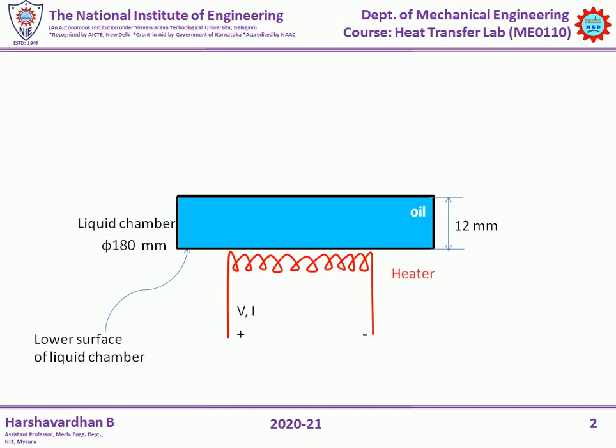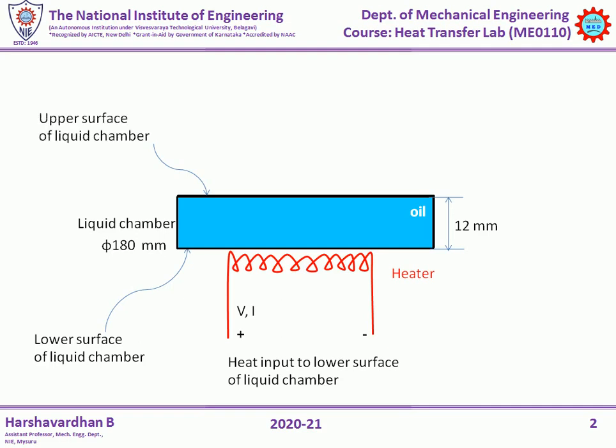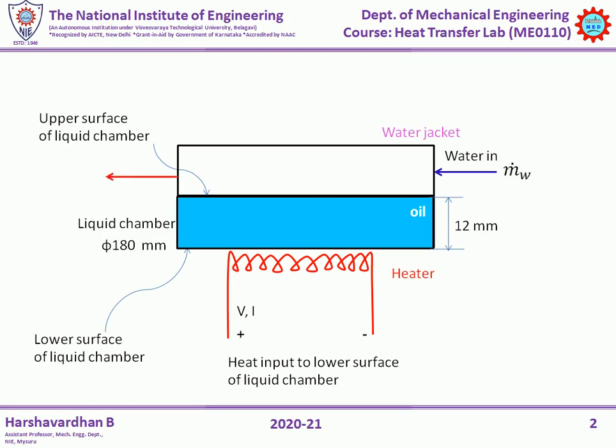By setting the required voltage and current, we can provide the required heat input to the lower surface of the liquid chamber, while the upper surface of the liquid chamber will be brought in contact with the water jacket. Water is allowed to flow through this water jacket at a constant flow rate of m dot w, and